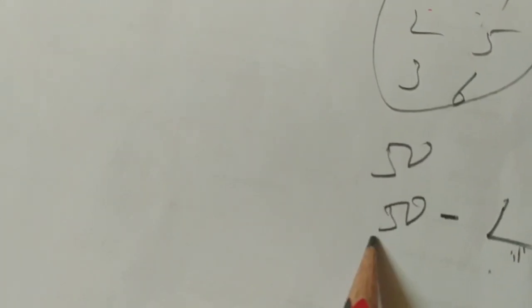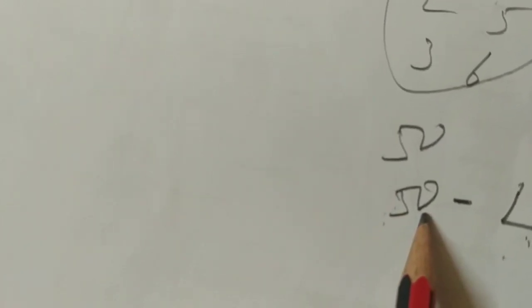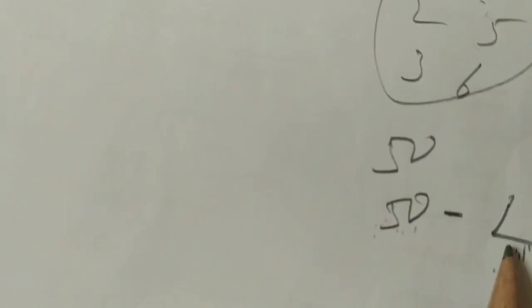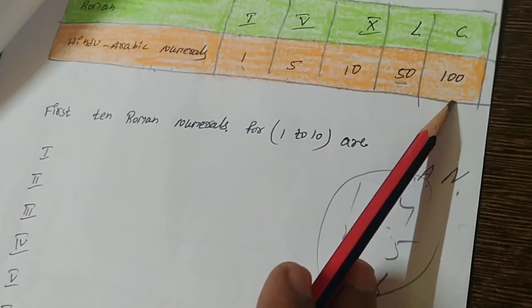Now see, L is an English alphabet representing a number. For 50 you have to write two digits, but instead of 50, I am keeping L. L is nothing but 50. For 100, we can represent it with the alphabet C. Very easy. To write 100 you have to keep 1, 0, 0, three digits, but instead of writing three digits, you can write simply C.